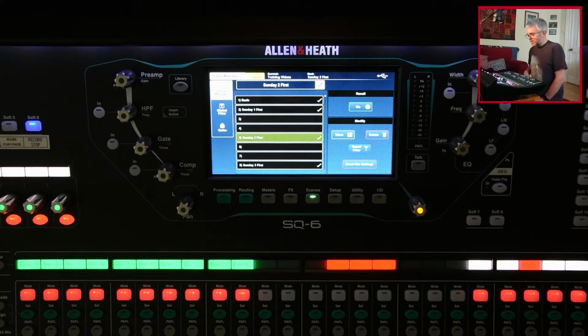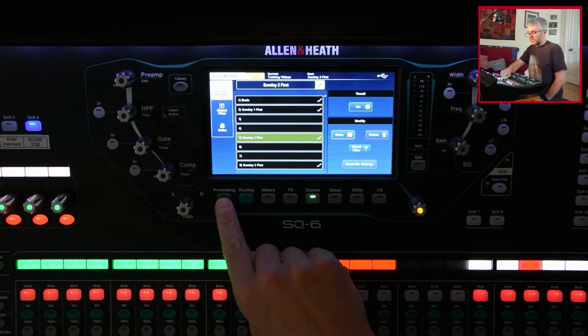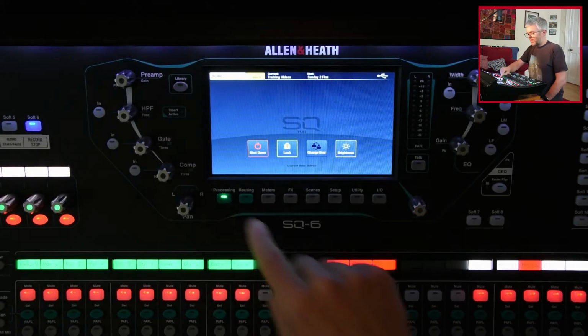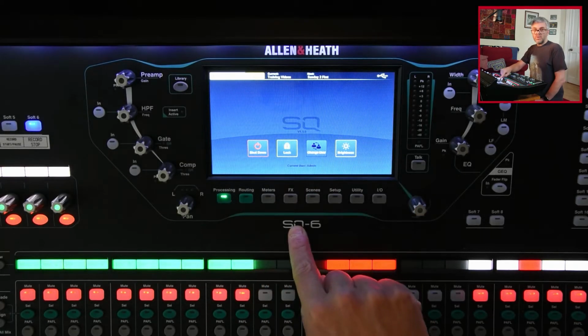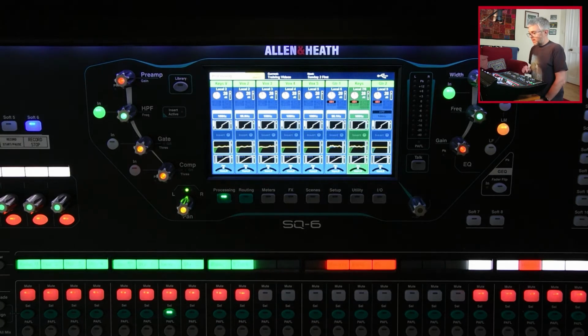So since I've got the scene up, the next thing I need to do is look at the channel processing. To do that, I press the processing button here, bottom left of the screen, and then choose the channel that I want to look at. So I'm going to look at keys. I've got the keyboard player up there ready, so I select that, and that brings me up with the channel